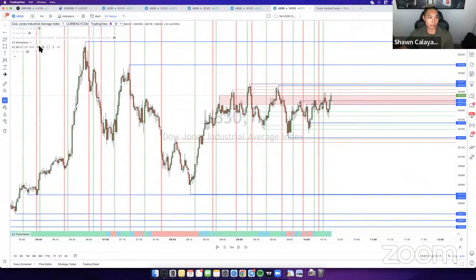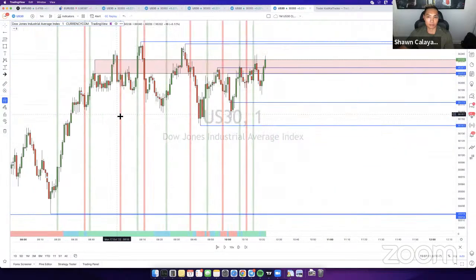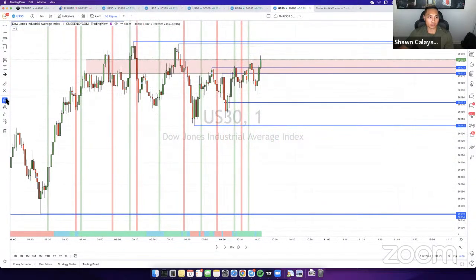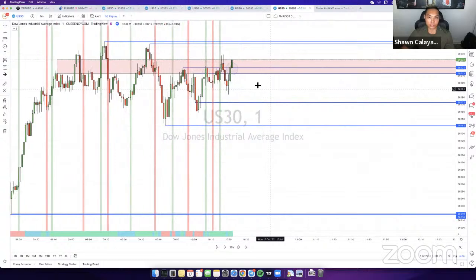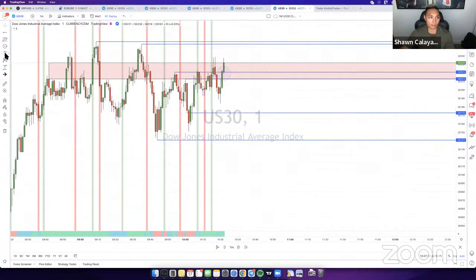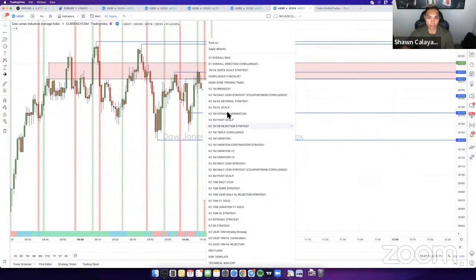What I'm going to do now is clean this up, just turn that off. And you can see that we have an SR rejection right here, right? The reason why you know to apply this strategy is because you've already identified market structure. So you see that market's going sideways. You're looking for the SR rejection entry. Here's an example of the SR strategy. So, SR rejection